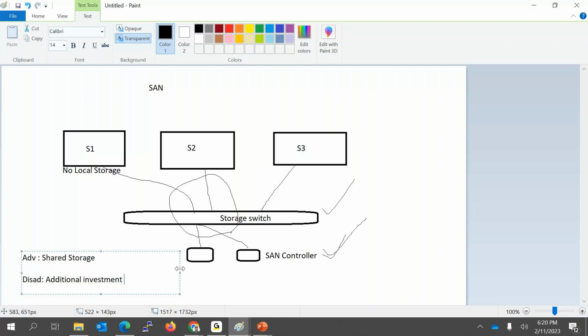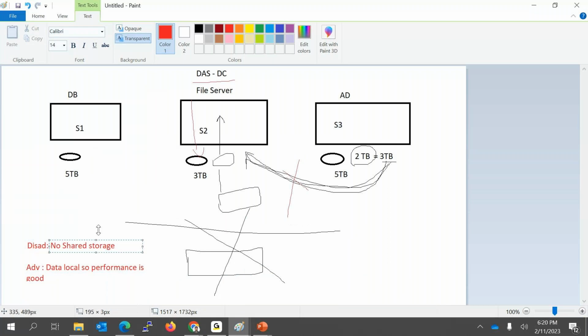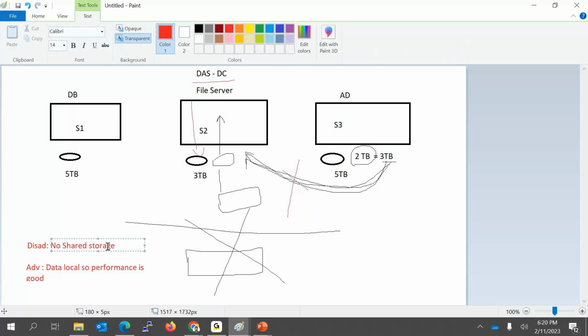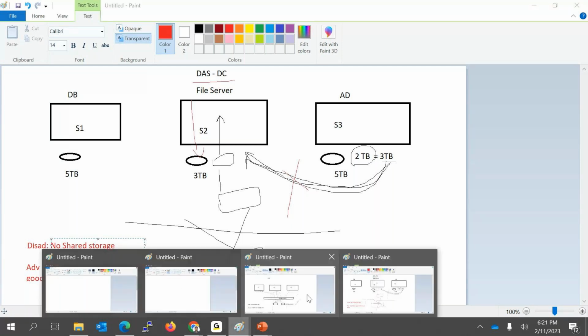I told you on this slide, some customers say, hey, I'm okay with decent performance, but I need local shared storage. My performance can be tolerated. I'm okay with the performance you are providing, but my major concern is shared storage. So for that customer, SAN is the right solution.